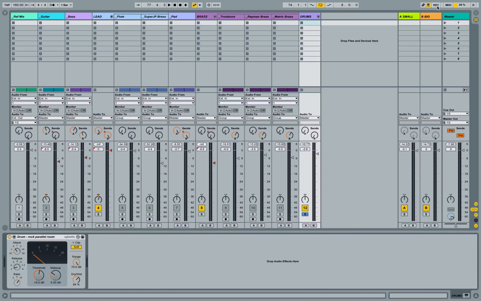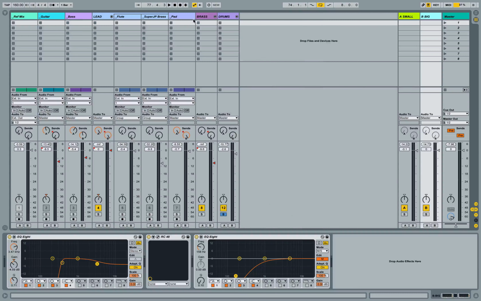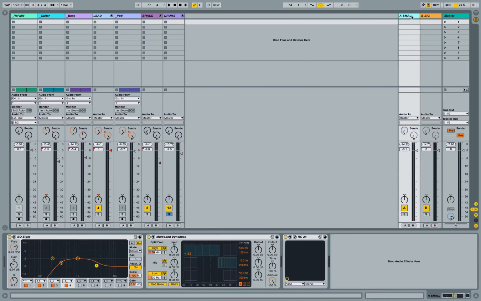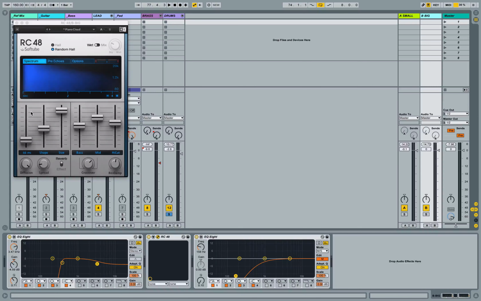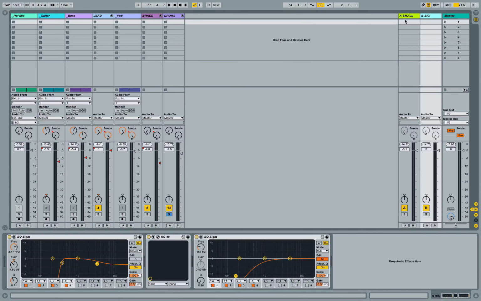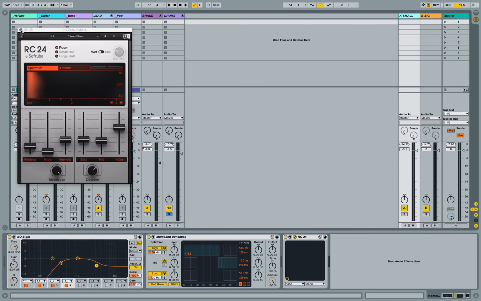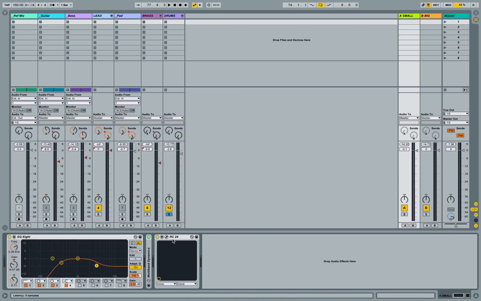Other than that, I switched out some of the reverbs on my return tracks here to give it a little bit bigger sound. I wasn't happy with the way that my other reverbs were sounding, so I switched them out for Native Instruments reverbs, the RC48. I think the other one has the RC24 on it. Yep. So those are my two reverbs that I stuck on there. Then I did a little bit of compression, which we're about to talk about in this video,